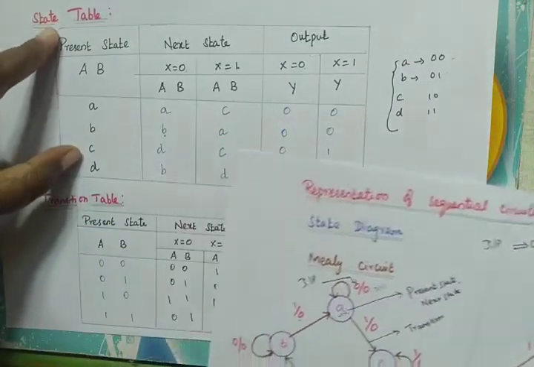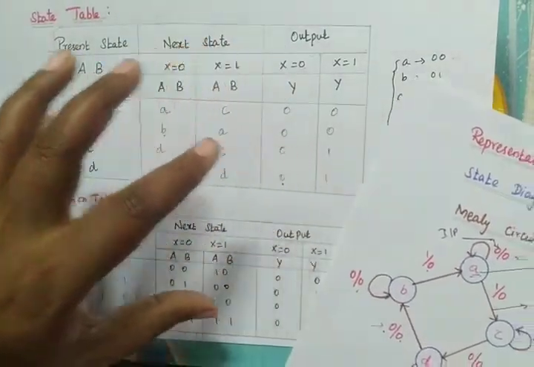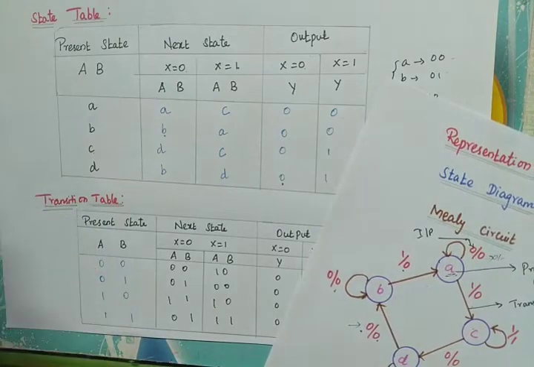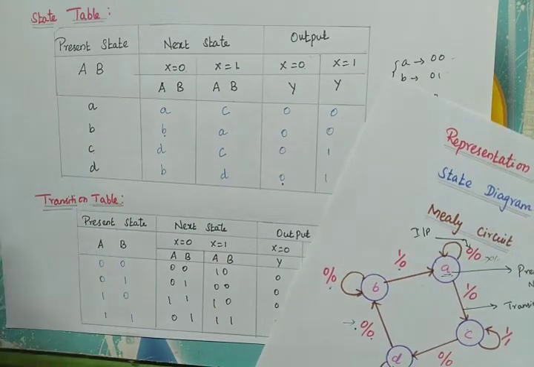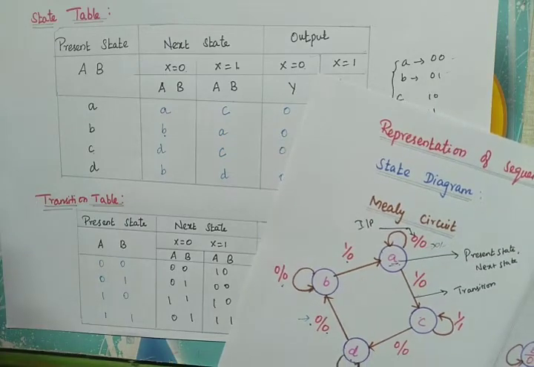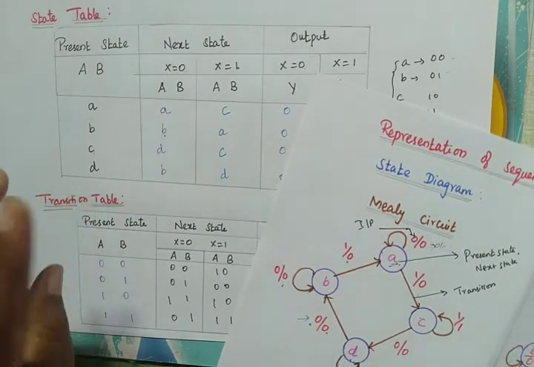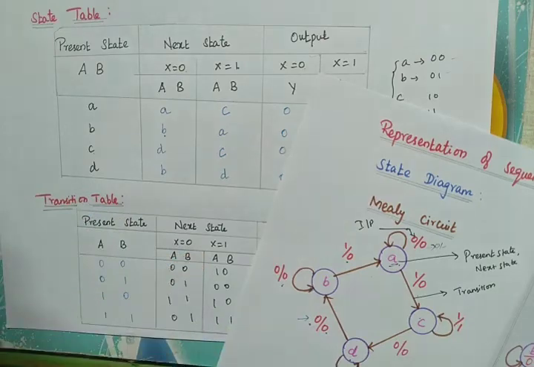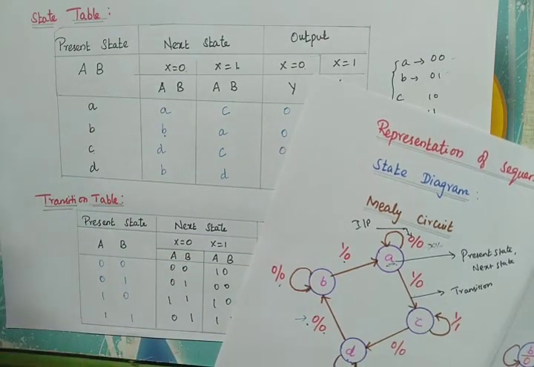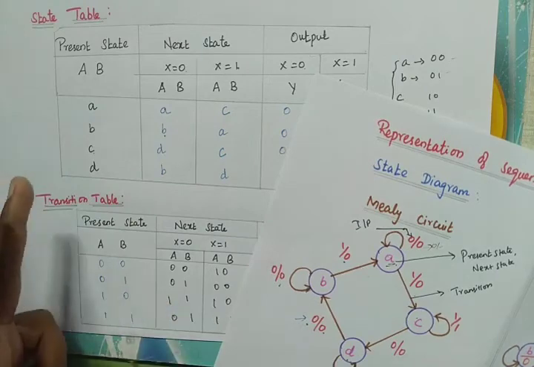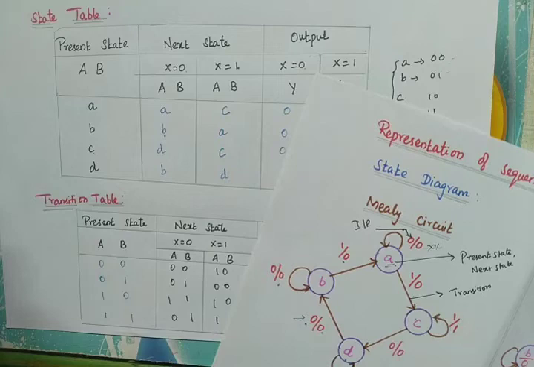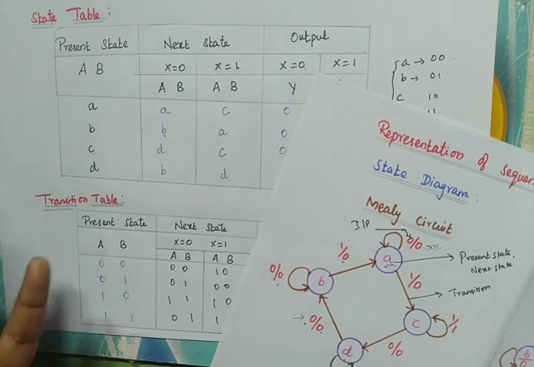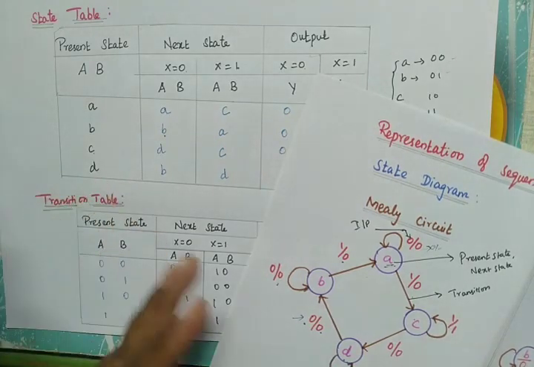So we have to know what a state diagram is, how we represent the state diagram in the state table, and what is meant by state assignment. In state assignment, we assign some values based on the number of states. If we have only 4 states, we write 0 0, 0 1, 1 0, 1 1. If we have only 2 states, A and B, then the values will be 0 or 1. If we have 3 variables, from 0 0 0 to 1 1 1. If we have 4 variables, 0 0 0 0 to 1 1 1 1.